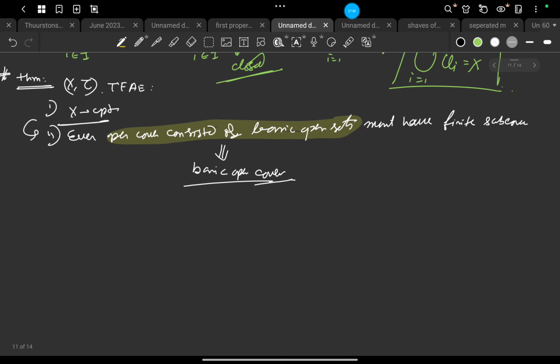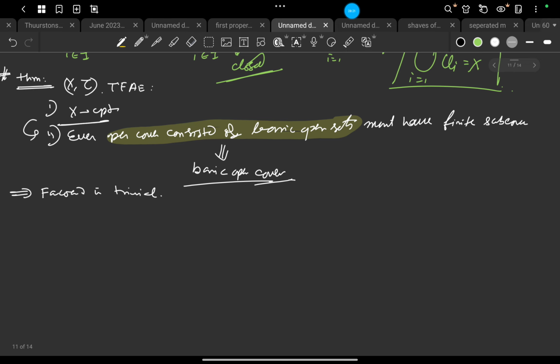They need not be basic or anything like that. So it is true for any open cover, which means that if it is a basic open cover, it must have a finite subcover. So the forward direction is trivial.